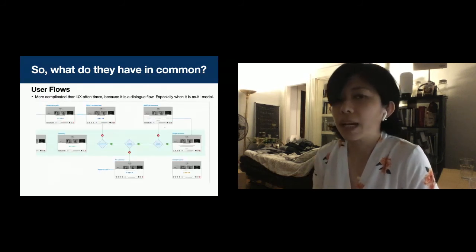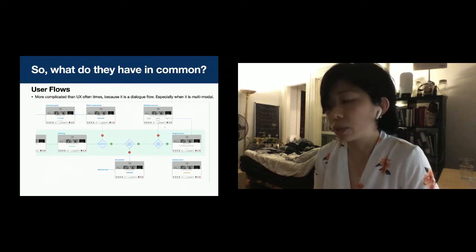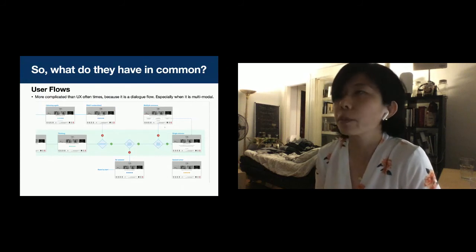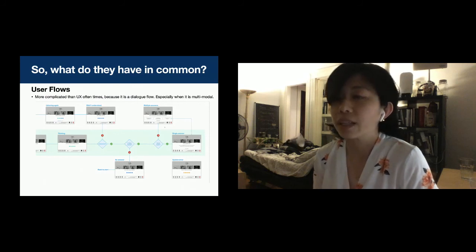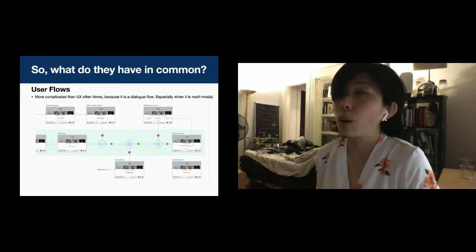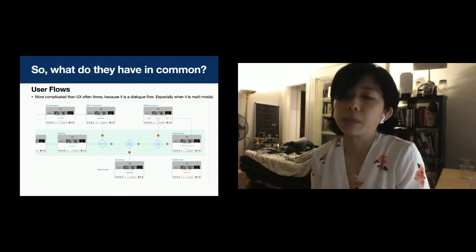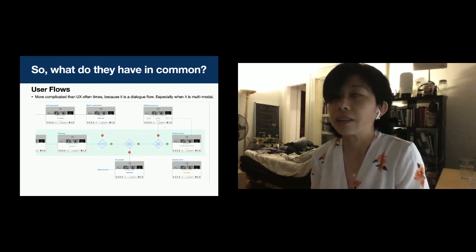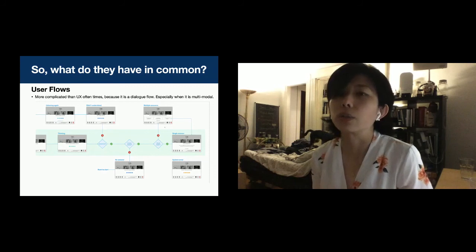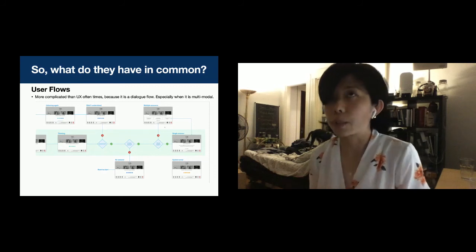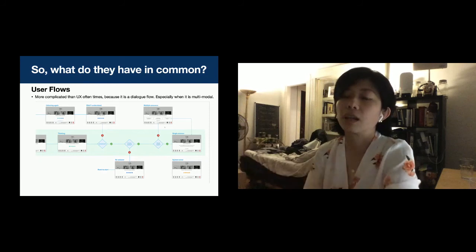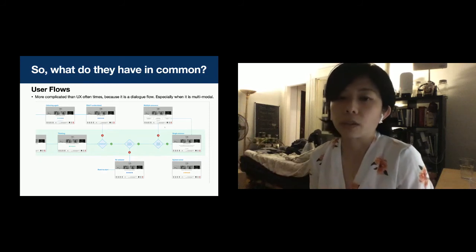The last commonality is the use of user flows. Just kind of the information architecture, I would argue that is even more important in conversational design, especially nowadays. There are many multi-modal designs, meaning a voice experience with an accompanying screen component. And that's also, I think, the whole reason I wanted to give this talk, so that UX designers can work better with conversational designers and design together, because